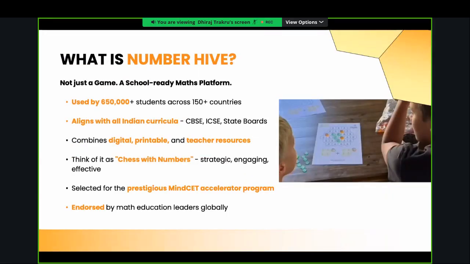So what exactly is Number Hive? It's not just a game, it's a school-ready math platform. Think of this as chess with numbers. Just like chess teaches strategic thinking through moves and counter moves, Number Hive teaches mathematical fluency through strategic gameplay. Every move a child makes involves mathematical reasoning, addition, subtraction, multiplication, division, and all critical operations, but wrapped inside an